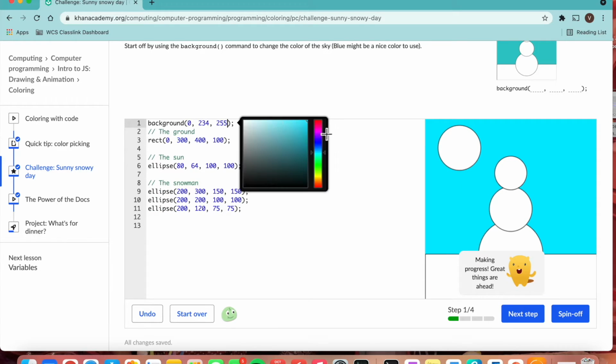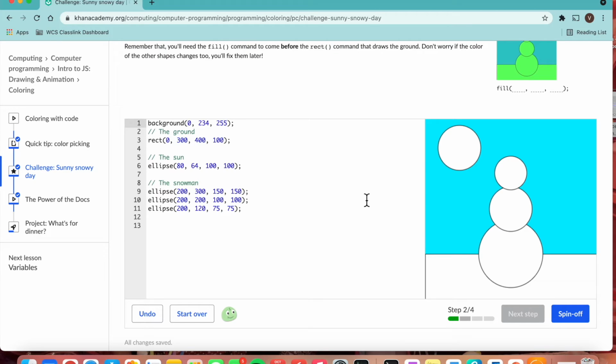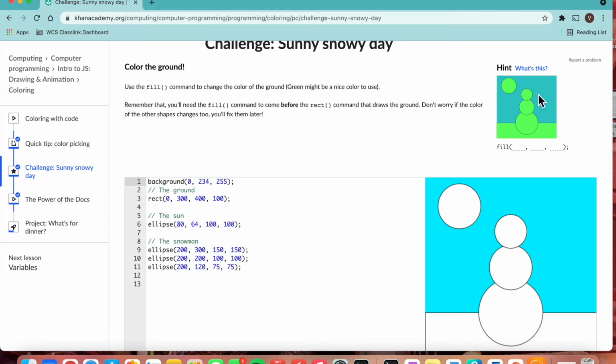So these are the RGB colors as I mentioned. And this amount of each will make a distinctive color right here. Right now this has 0 red, a little bit of yellow, and a little bit of blue. Let's go on to our next step. So now we're supposed to make our drawing look like this. So we go onto the ground,